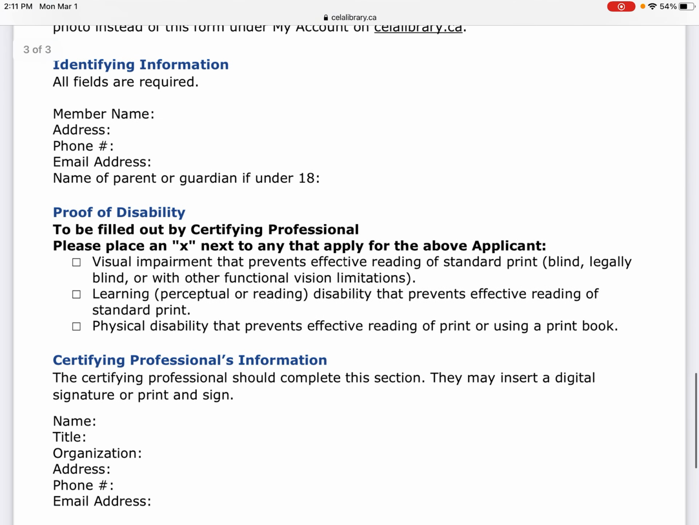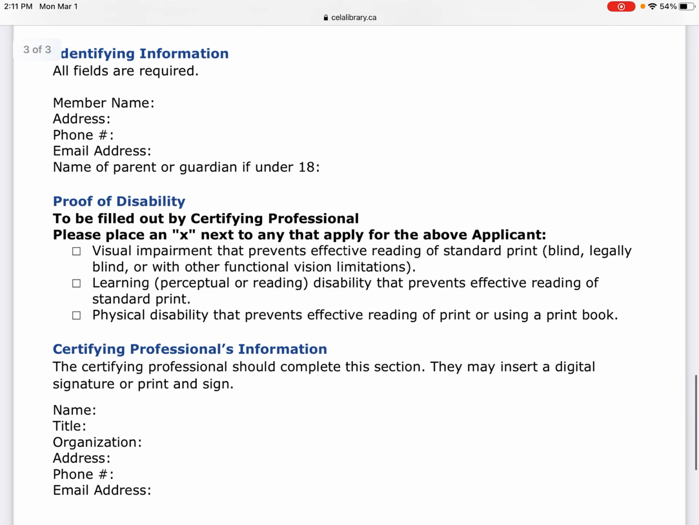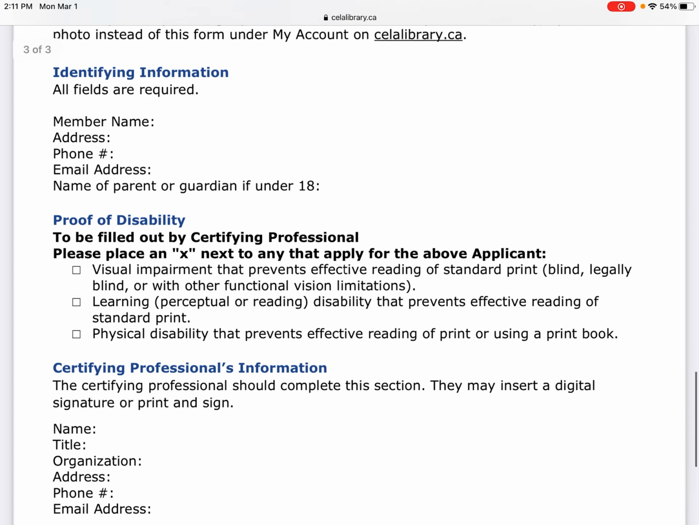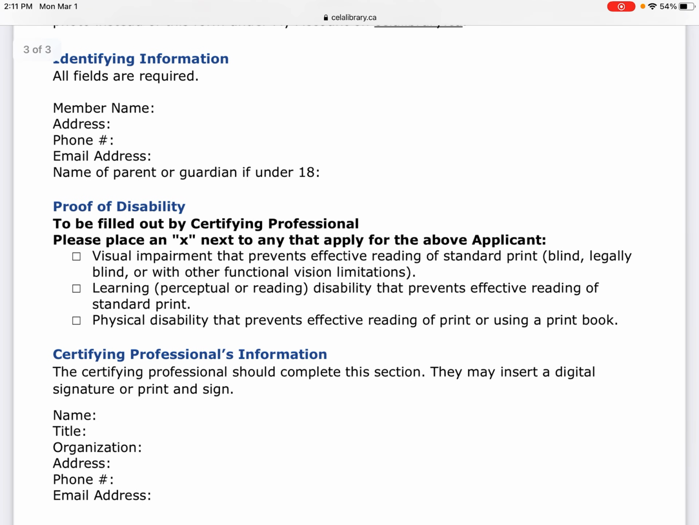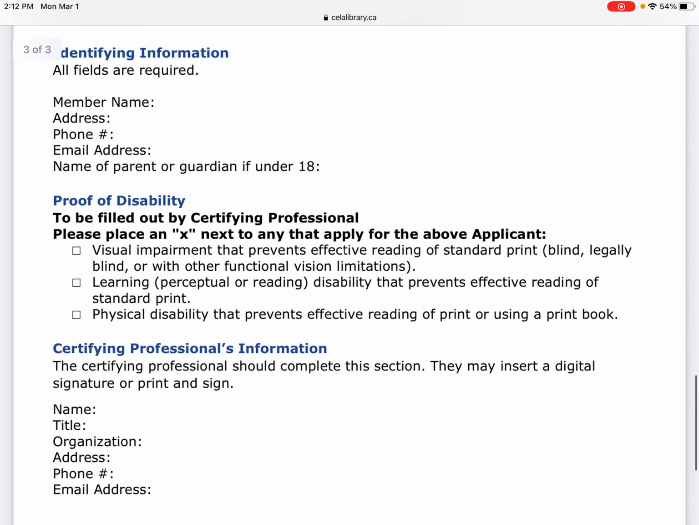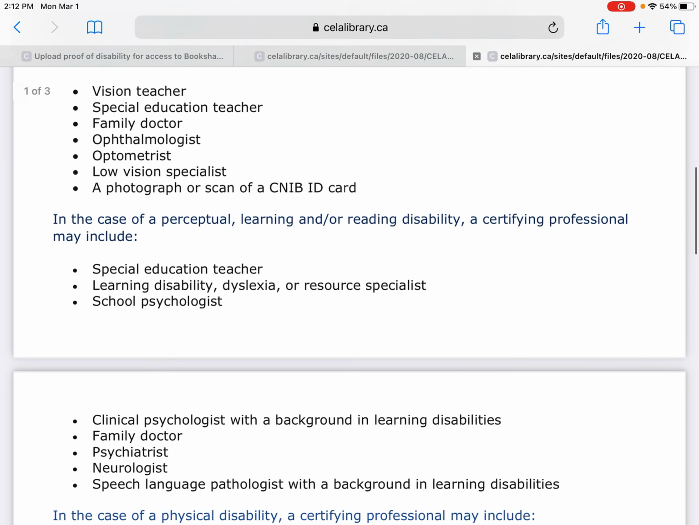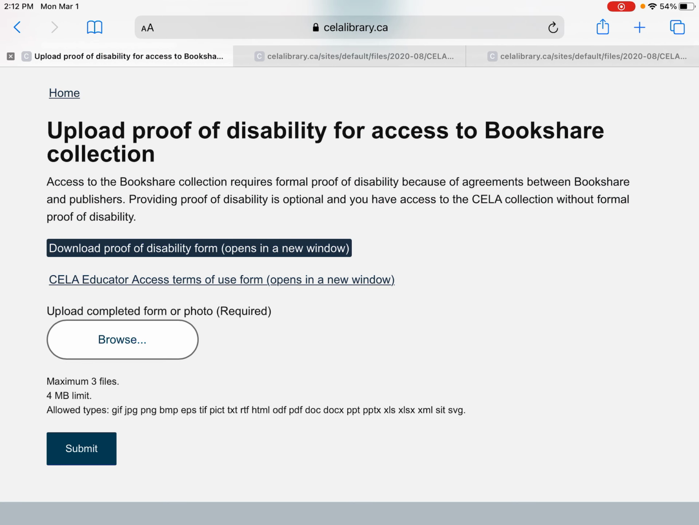On the last page, it provides you with the information that's required in order to fill out the form and receive access to Bookshare. This includes the identifying information of the person accessing Bookshare, as well as the certifying professional's information, and it provides you with a list of professionals that can attest to the impairment. So once you have filled that out, you'll print it off, fill it out, upload it to your computer, browse your files, hit the browse button there,